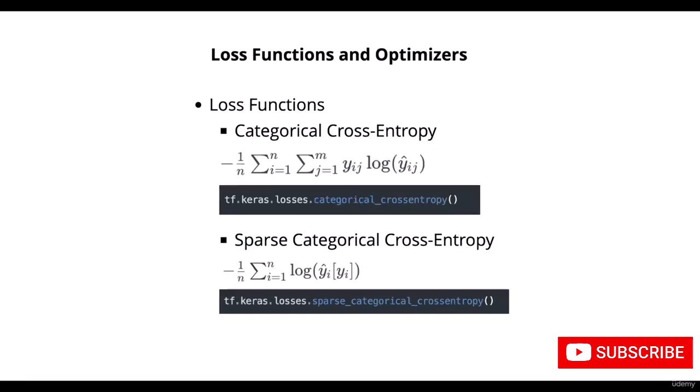Categorical cross entropy measures the multi-class classification loss between predicted probabilities and one hot encoded labels. Mathematically, the categorical cross entropy is represented as minus 1 upon n, summation of i is 1 to n, summation of j is 1 to m, y of ij log of y of ij predicted value. TensorFlow usage is